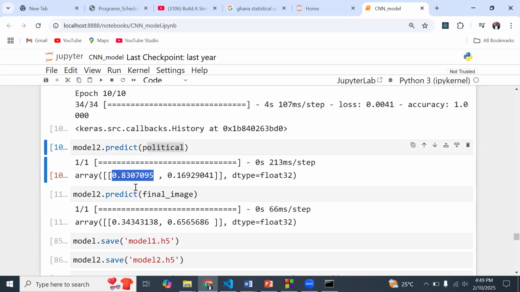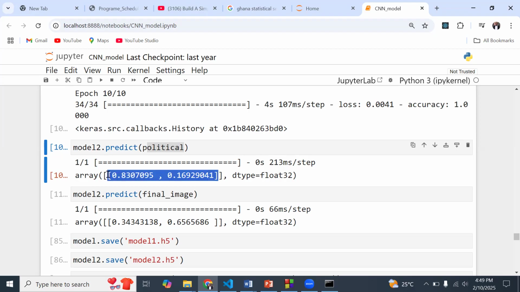If you remember, 0 was for female and 1 was for male. So this is not just telling us that this is female, but giving us extra information: it is about 83% sure that the image we saved as political is female, and about 17% that it is male.